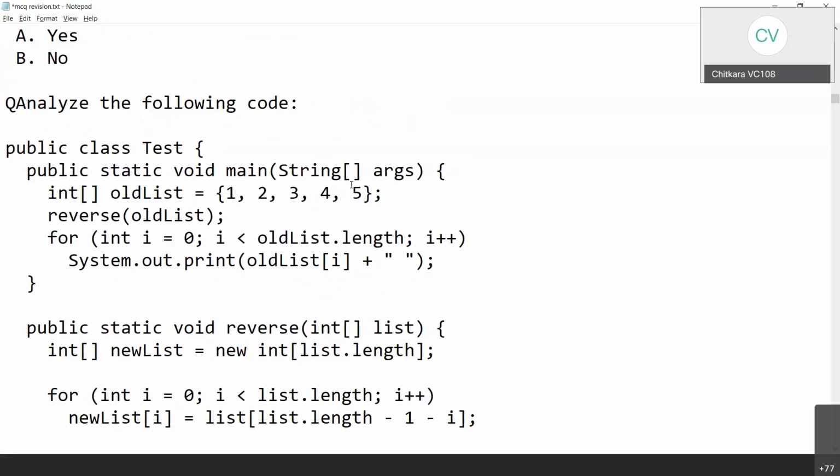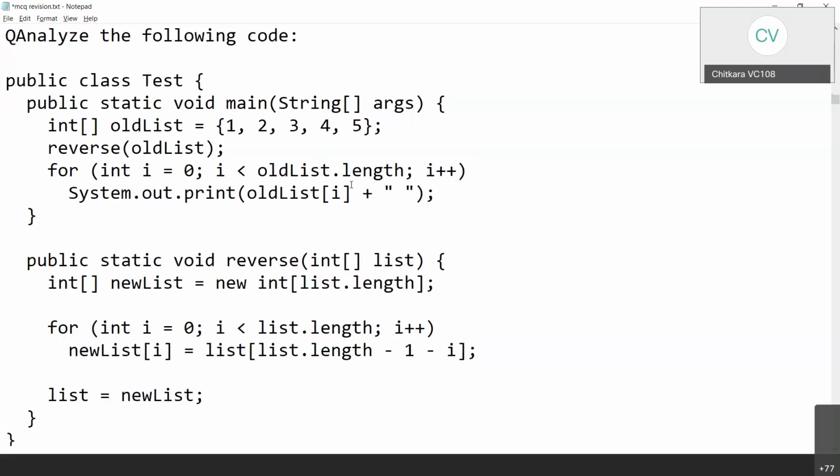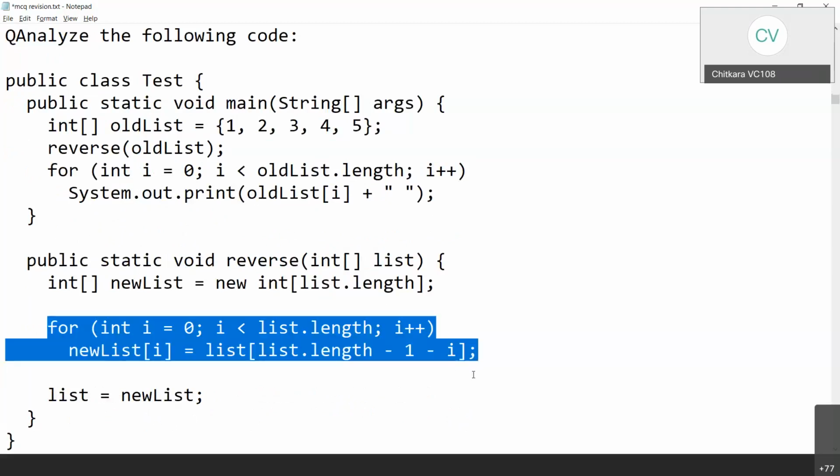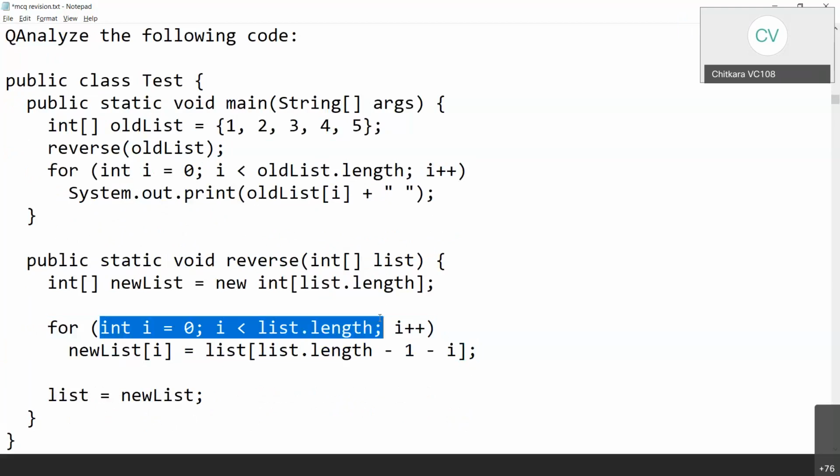What will be the output of the following code? Now they are saying that this is nothing but pointing to this, and this particular code, new list I is equal to list of list dot length minus I minus 1, what should it give me? Kindly be careful of this running length. List dot length.